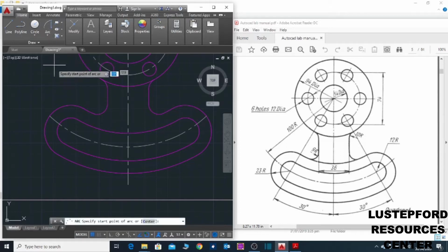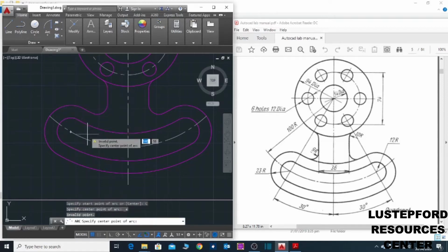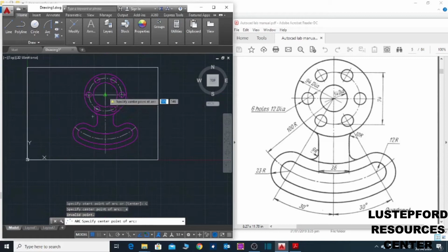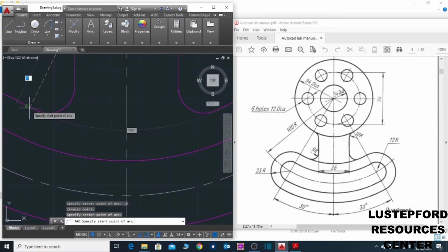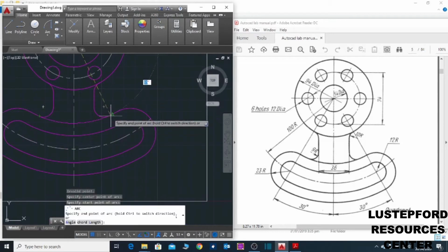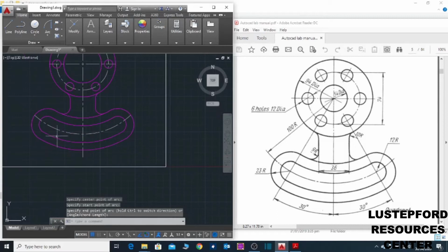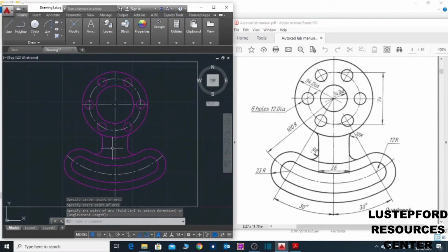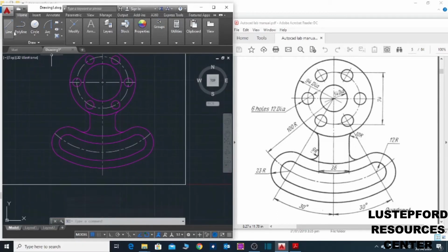So I will say arc, right click, select center. This is the center of the arc. I'll now select this point, this point, and this point. So that is that. I've gotten all I need to get.